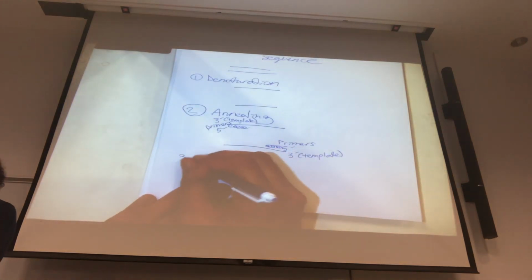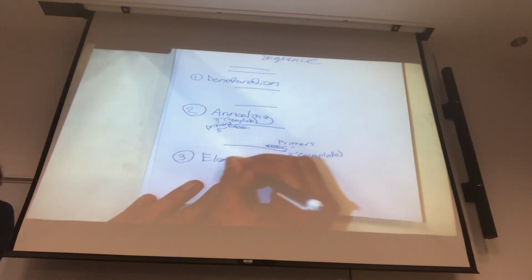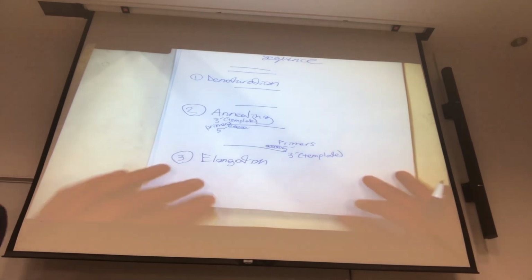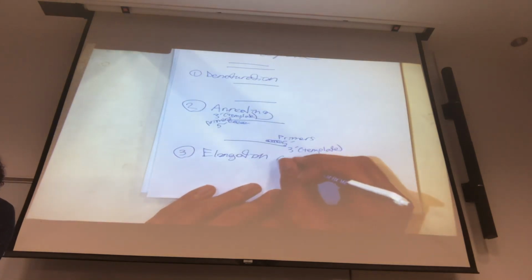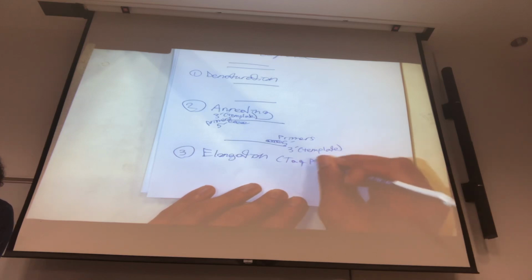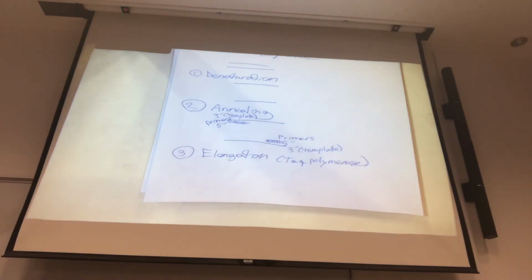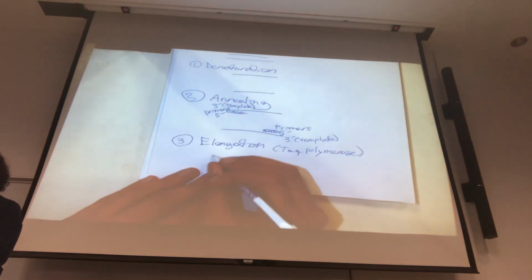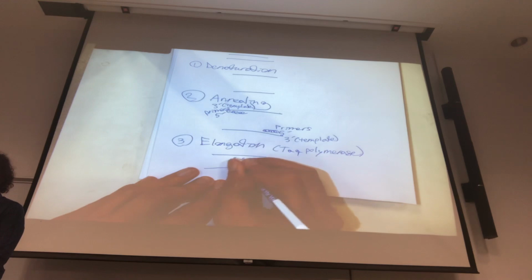The last step is elongation. Or maybe sometimes it's called amplification. But conceptually, what this really means is that, now that you have your primers in place, replicate your DNA. There's an enzyme that will conduct this called Taq polymerase. It's a special DNA polymerase that works at high temperatures. So that's why this only works in PCR, because you don't really see this in many actual organisms. So it uses a special DNA polymerase called Taq polymerase, and the elongation step is you replicate your 2 strands